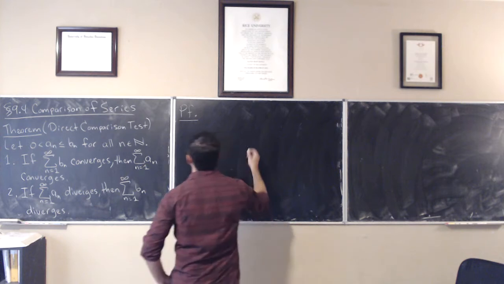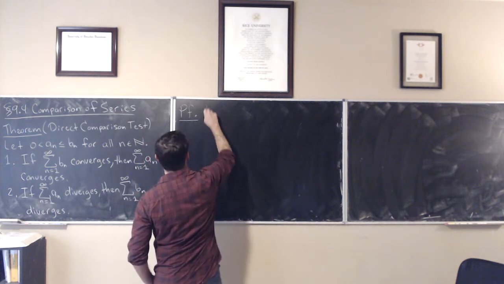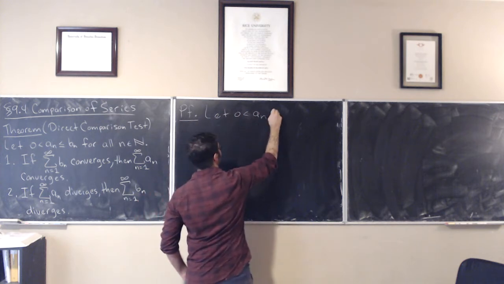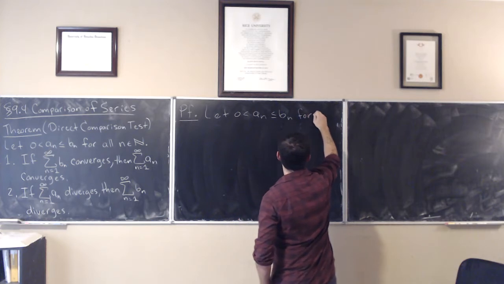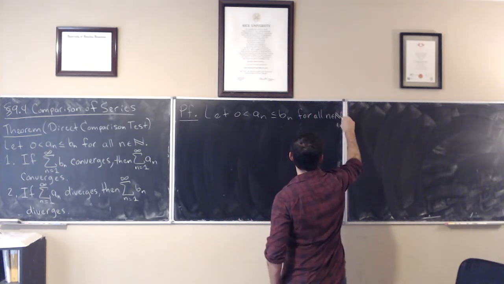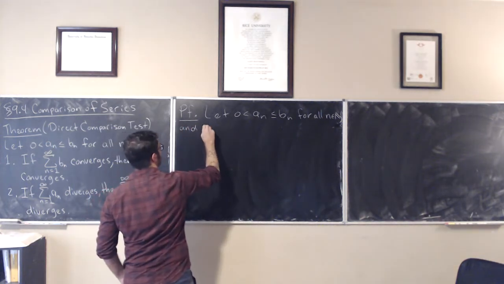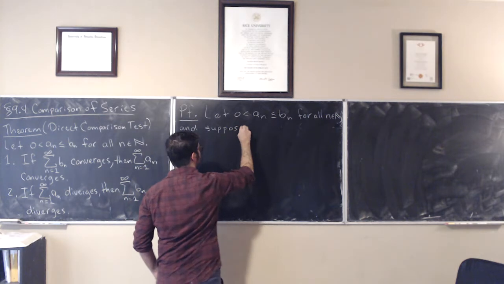So we're going to first let 0 be strictly less than a_n, which is at most b_n, for all natural numbers n. And suppose the infinite series with terms b_n converges